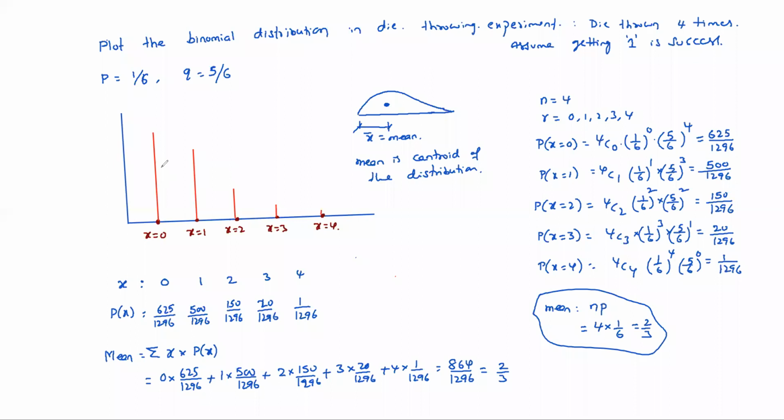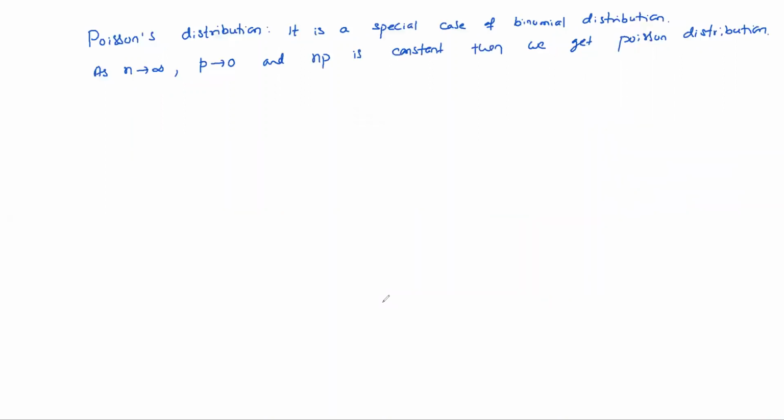So here the height is probability. So p1 x1 plus p2 x2 divided by p1 plus p2 and so on. And p1 plus p2 and so on is 1 actually. So p1 x1 plus p2 x2, the moment of probability, okay? The first moment of probability is nothing but the mean here. So NP is the mean for binomial distribution. Similarly, in Poisson distribution, n tends to infinity, but p tends to 0, and NP is constant. So in Poisson distribution also, NP is the mean, and that mean value must be constant.